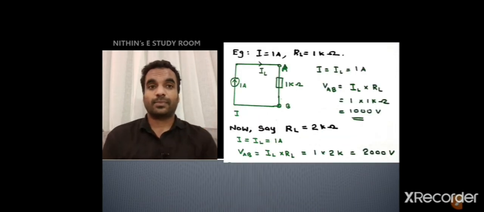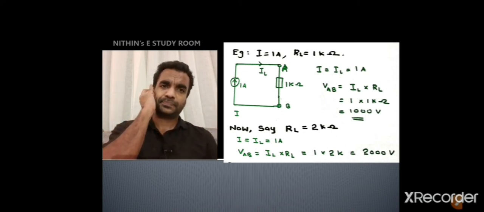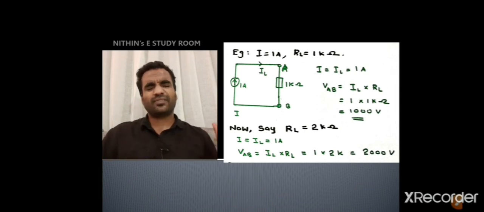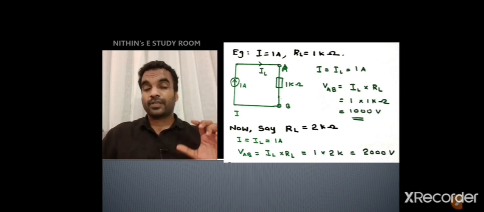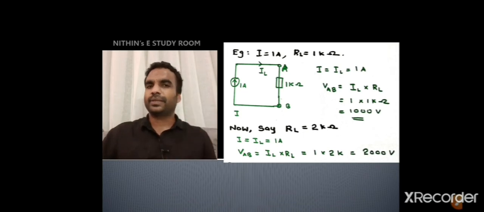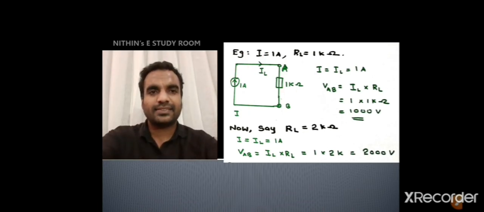Now we can see an example. It is a 1 ampere current source and you are having a load of 1 kilo ohm, that is 1000 ohm. In both cases, in case of voltage source and current source, you are always checking the condition across the terminals A and B. So in this case, what will be the current across the terminals A and B? You can simply say that in a series path current will always be the same. So this is a total series path, and in that series path the current is just given here.